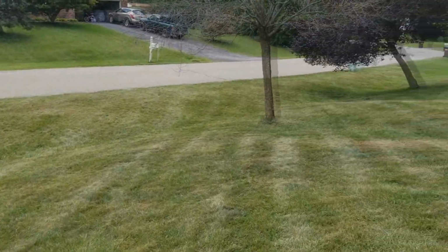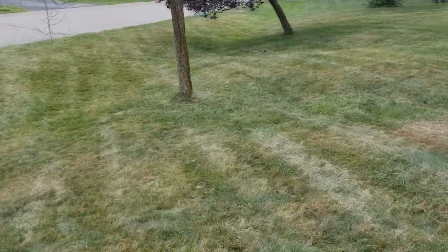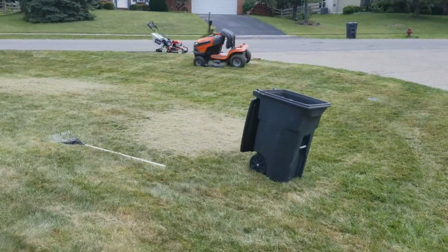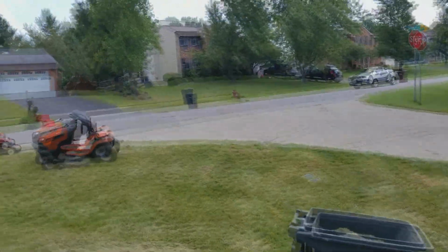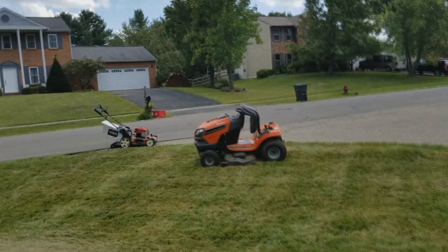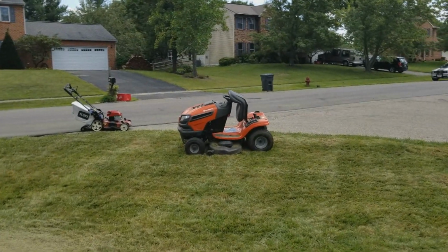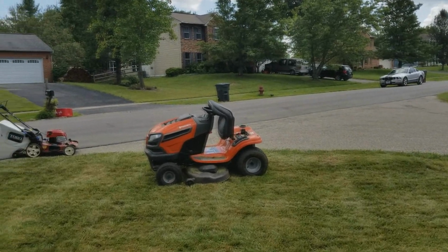And unfortunately with the double pass, the mulching did not go so well. There was tons of grass clippings sitting on top of the yard. Some of it right there. But what I did is I just took the mulching plug out of the mower and put my side discharge chute on it, which is the first time I've actually ever had it on that mower since I bought it. I've always had the mulching plug in it, and I've always only mulched with it, but I wanted to get